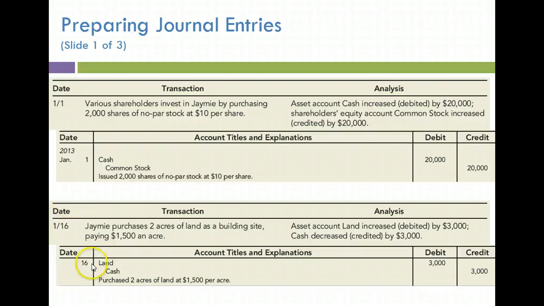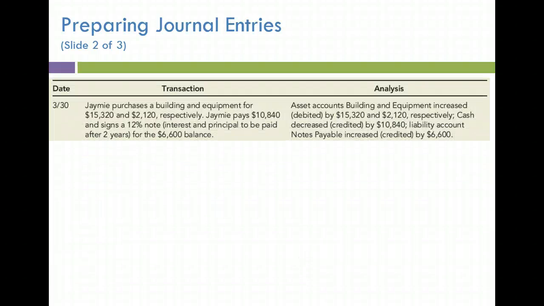So you see here the date. We show a debit to land because that's the debit. And then we show a credit to cash of 3,000. See, our debits always equal our credits here. And we purchased 2 acres of land at $1,500 per acre. Make sense? Now, here's another one. Jamie purchases a building and equipment for $15,320 and $2,120. So the building $15,320, the equipment $2,120. Jamie pays cash of $10,840, signs a 12%